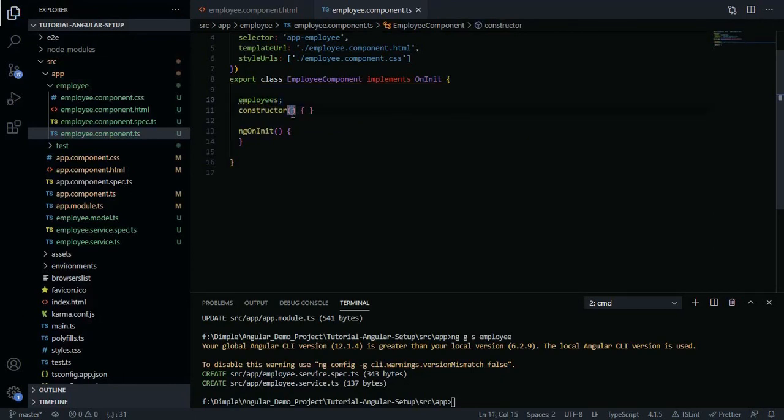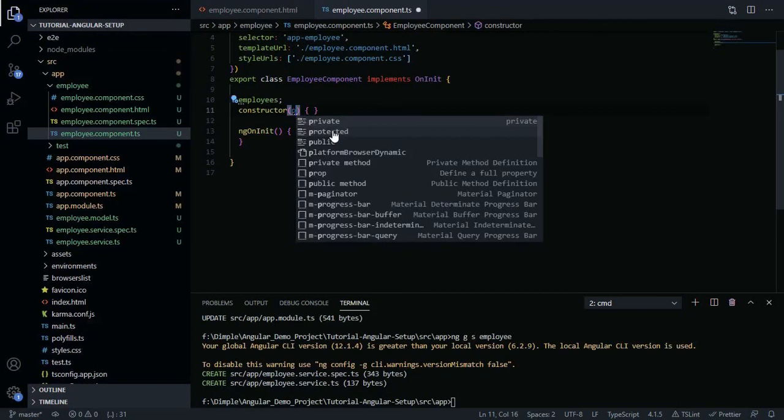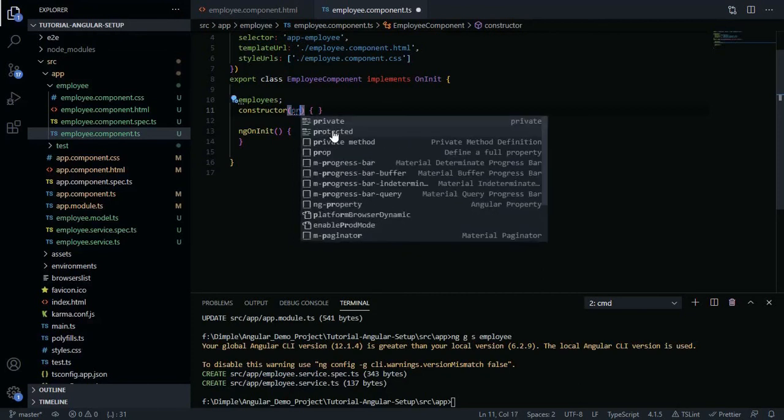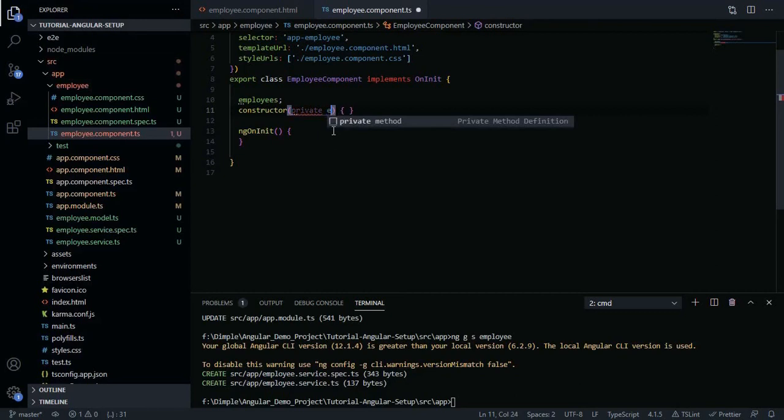Now, as I mentioned earlier, if I have to use the service methods inside my component, I have to inject the service dependency into the component constructor. So how can I do that? I just have to define it in a simple way. You have to write private, then any variable name, it is up to you.